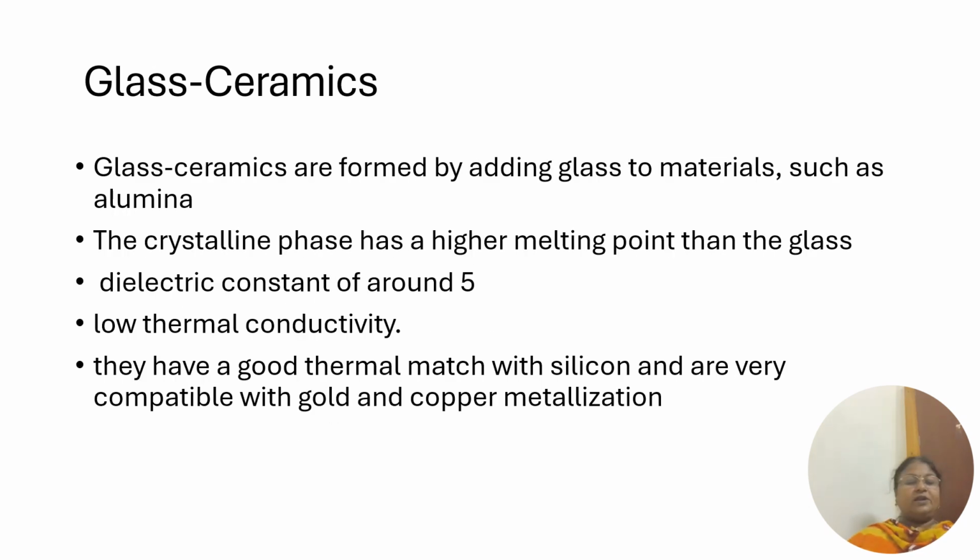And glass, when it is combined with ceramic, can be used as an alumina material. The crystalline phase is going to possess a high melting point. Dielectric constant is around 5, and it possesses a lower thermal conductivity. They have a good thermal match with silicon and thereby are very compatible with gold and metal. With copper,